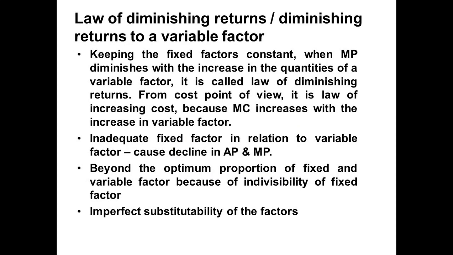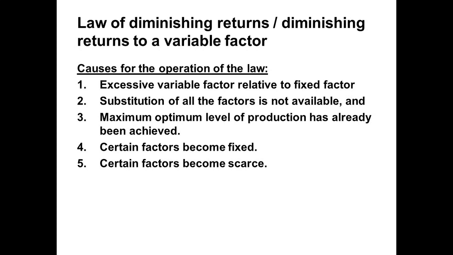Moving on to the second part, that is why there is the law of diminishing returns, or diminishing returns to a variable factor. It happens because, keeping the fixed factor constant, when marginal product diminishes with the increase in quantities of variable factor, it is called the law of diminishing returns. At times in the examination you will find the question asked: explain the law of diminishing returns. So it is talking about this second stage, or you can explain the whole with the help of the diagram itself. So from the cost point of view, if you see,